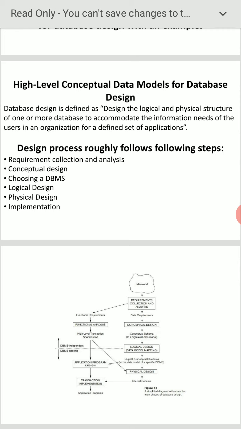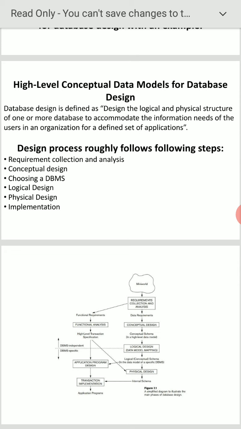Under conceptual design, the conceptual schema in a high level data model. After that logical design, data model mapping. After that the logical or conceptual schema in the data model of the specific DBMS. Then physical design, finally the internal schema.